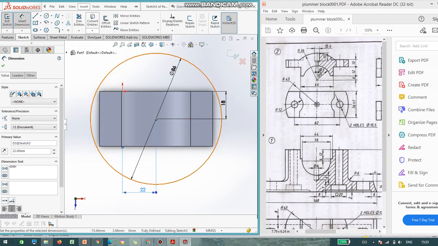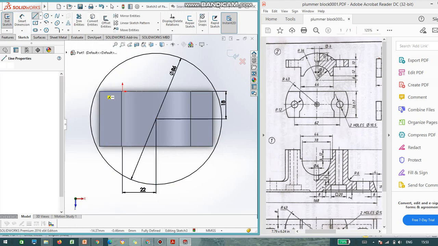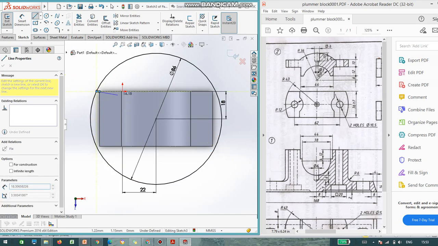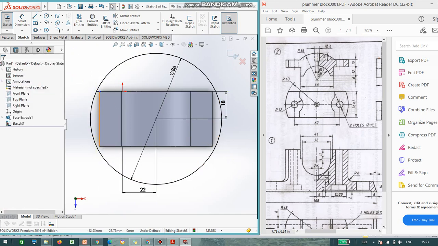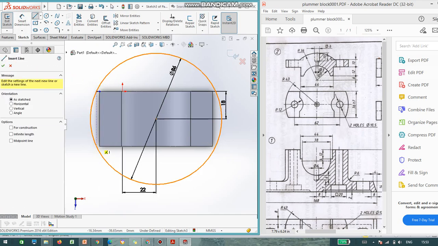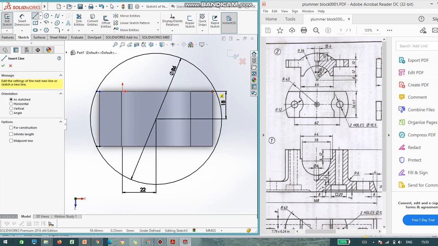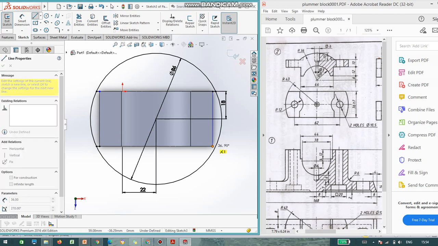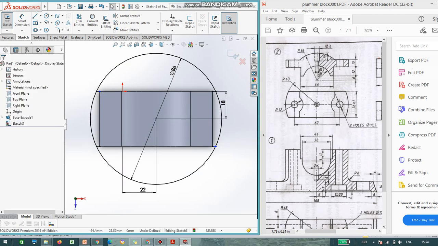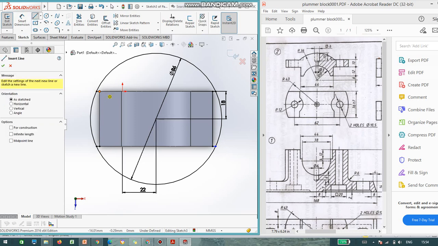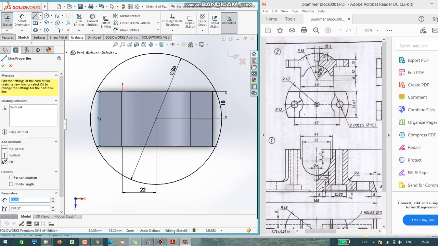Now I need to add the material. As you can see, this much portion we need to add. When you see from the top view, it's a curved surface. For that reason I am adding material. After this I am going to trim it.